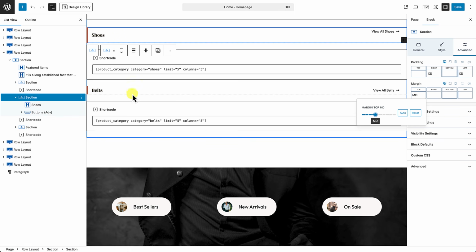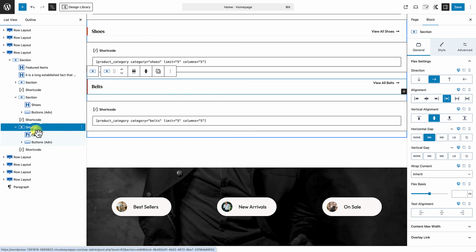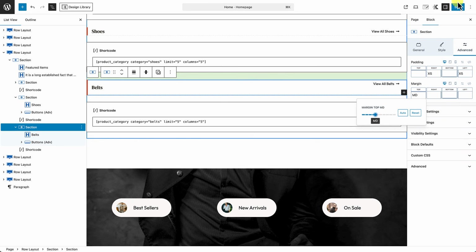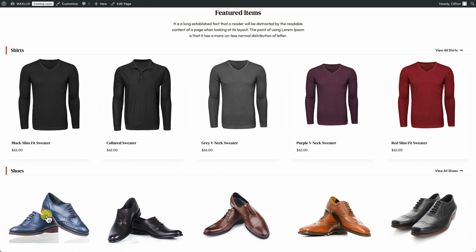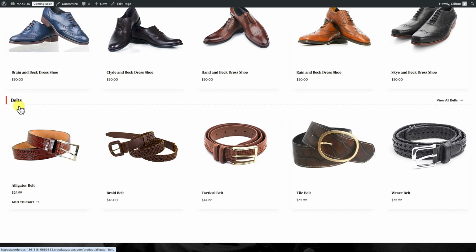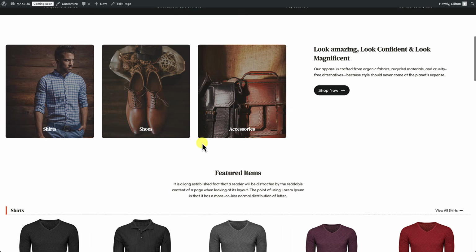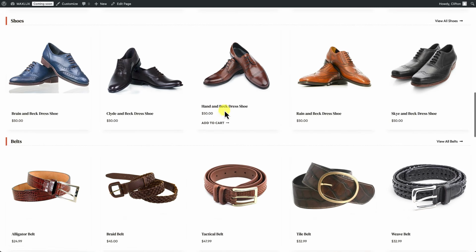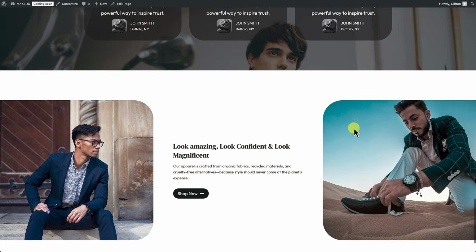And then we'll do the same thing with the belts section here. So we'll select the section itself, move over to the right, go to Advanced, click on the margin field for the top, and we'll set that to medium. Save the work, view the front end, scroll down, and now we have a little more spacing there so that we can see which product the title belongs to. Okay. All right, so now our homepage actually looks like a full-blown e-commerce homepage, complete with some featured items and products that the site visitor can interact with,